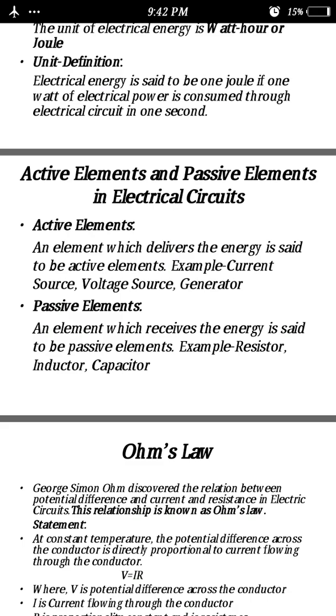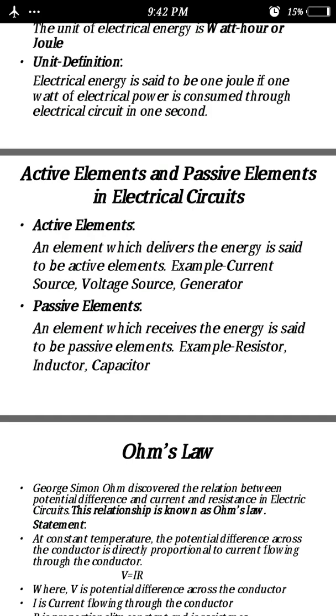The active element means it is a device which helps to supply energy, right? Which delivers the energy, that is, it gives out the energy. It gives the energy to initiate some process, and is called an active element. Just opposite to the active element, the passive elements receive the energy to start their operation. So the active elements supply the energy to start a function or process, while the passive elements receive the energy to start a process.